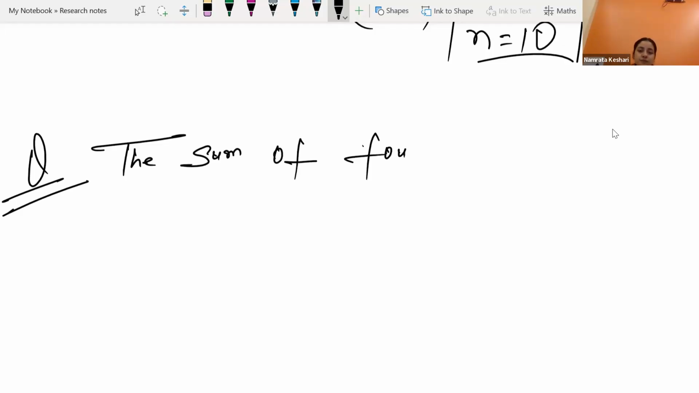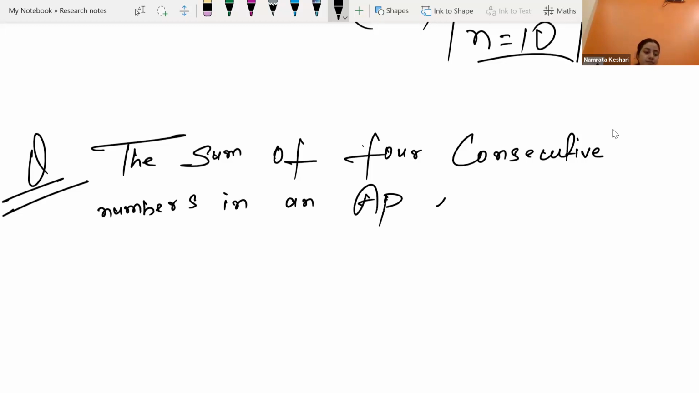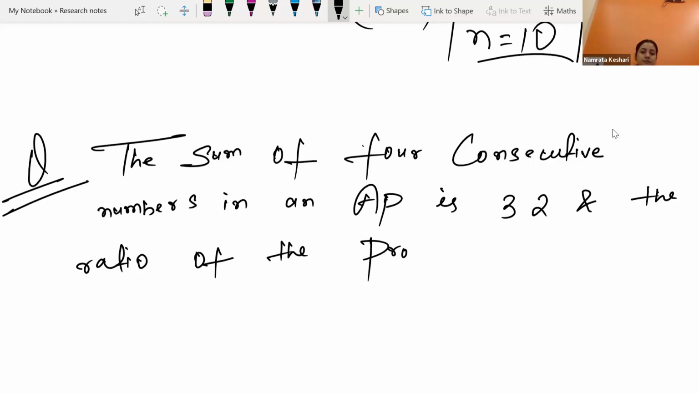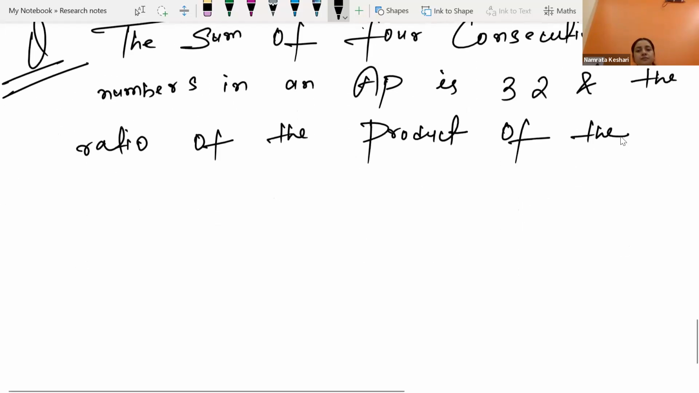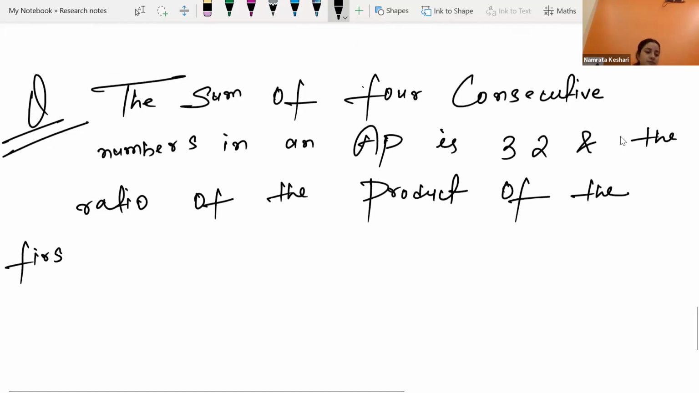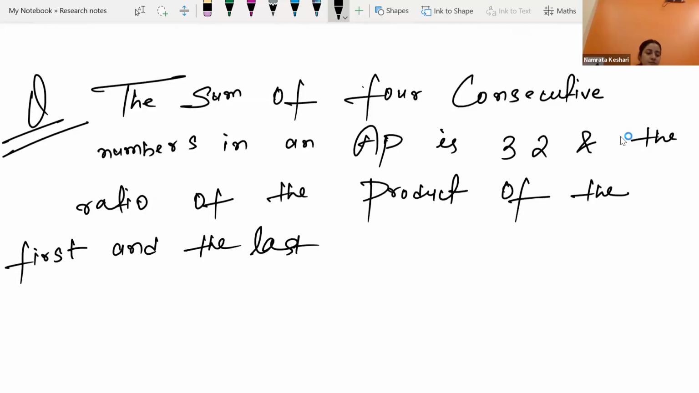4 consecutive numbers in an AP is 32, and the ratio of the product of the first and the last term to the product of,